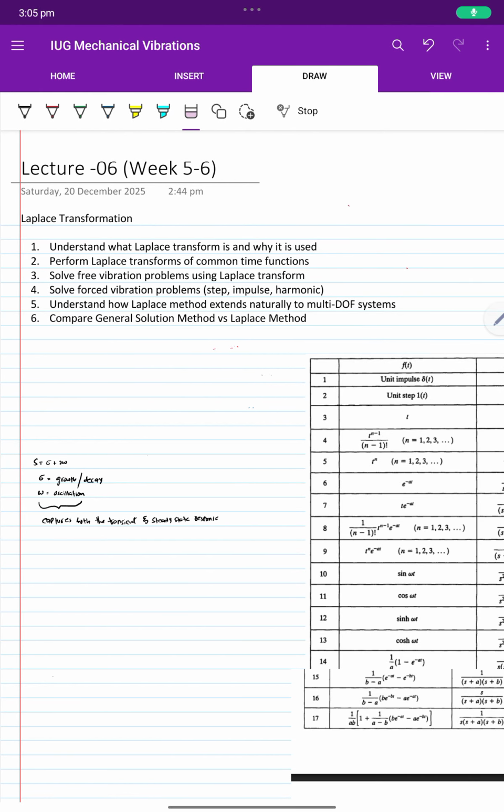Welcome to the sixth lecture of our subject mechanical vibrations. So today we are going to discuss the Laplace transformation. Up till now we have been solving dynamic systems and mechanically vibrating systems using the general solution method of differential equations, which we have seen is quite long and lengthy. Sometimes it becomes quite messy, but in this lecture we are going to look into another technique, the